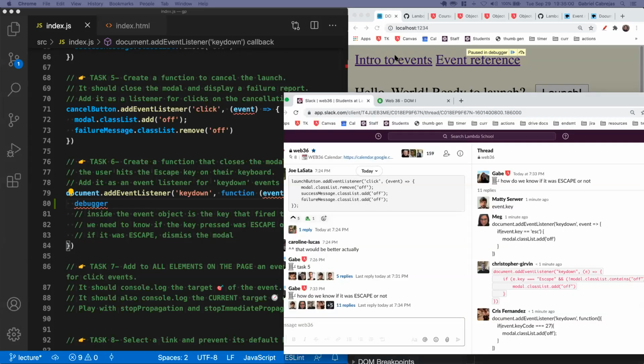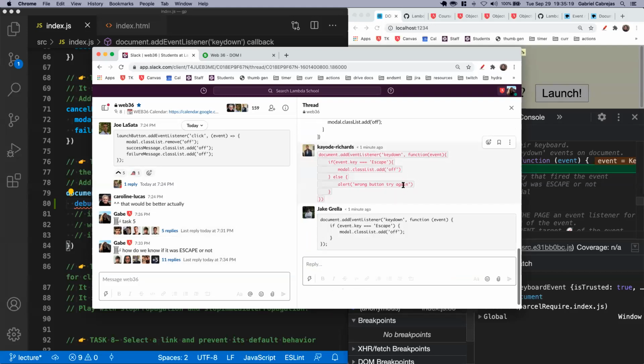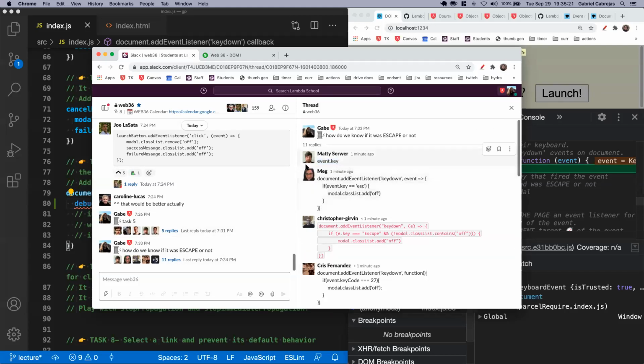All right, so let's take a look. Event.key. Maddie suggests that the information we want is living inside event.key. Someone else was suggesting to use code, which would also be okay. And then full-blown solutions already. So Maddie, they stole your idea, because you see, they already did it. If event.key equals Escape,